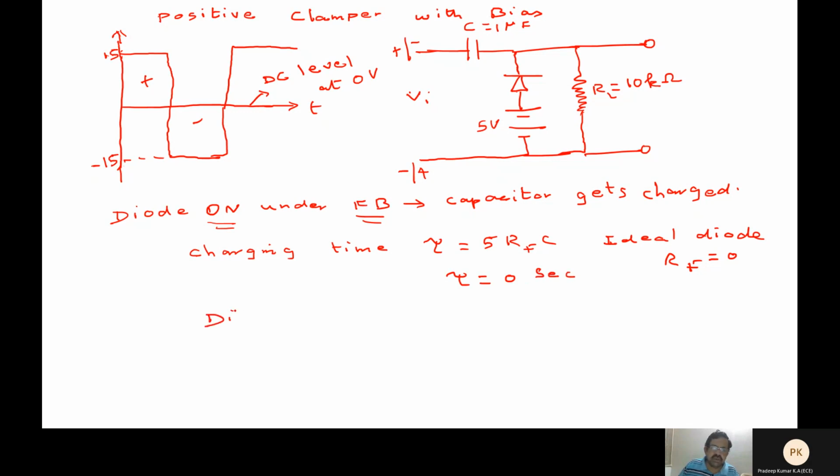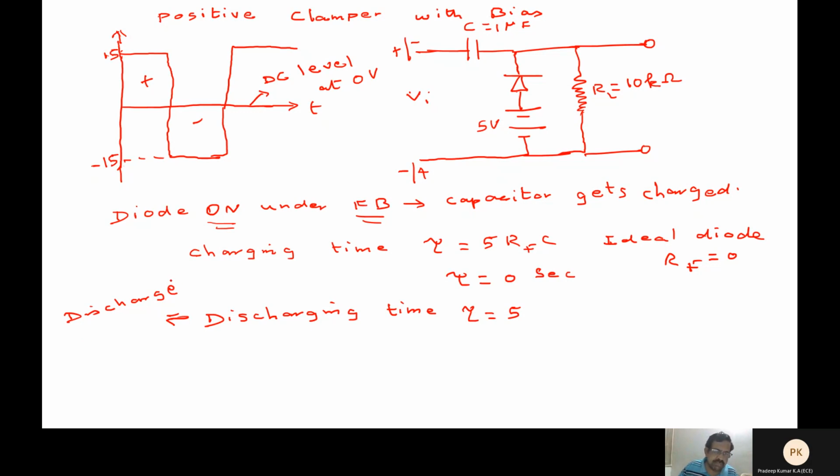Whereas you look at the discharging time, tau, it will be 5. It discharges under the discharging, which will happen when this diode is under reverse bias. So these are the facts that we learned. So I just captured your mind back again into the same thoughts.